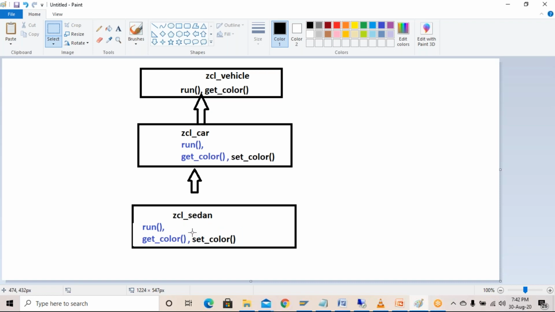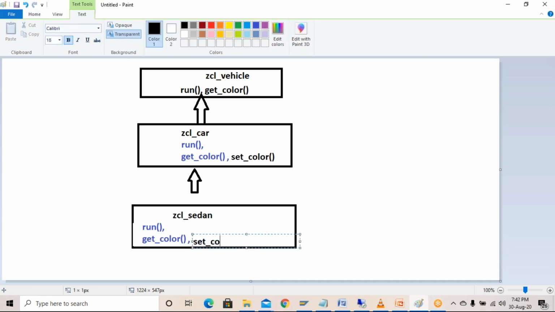Here, initially this set underscore color will also be undefined. Okay, here set underscore color will also be undefined. Okay, so I'm marking this as undefined. Okay, but